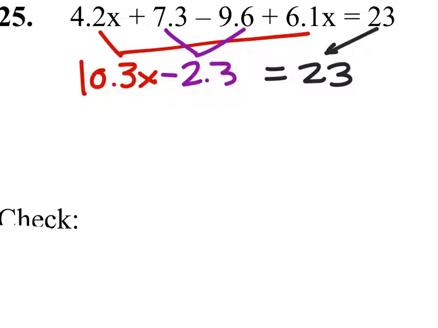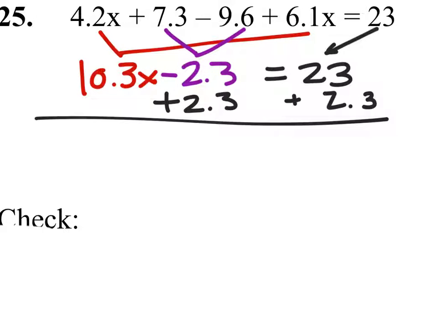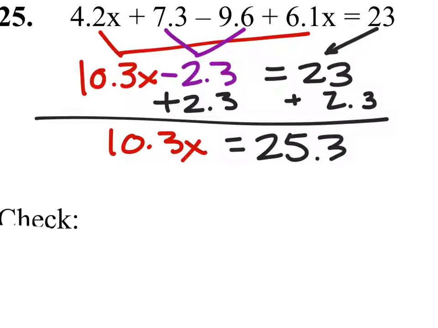Now we need to get rid of that minus 2.3 because it's combined with the x's, so we will add 2.3 to both sides, which gives us 10.3x equals 25.3. Finally, to solve this, this is 10.3 times x, so we're going to have to divide both sides